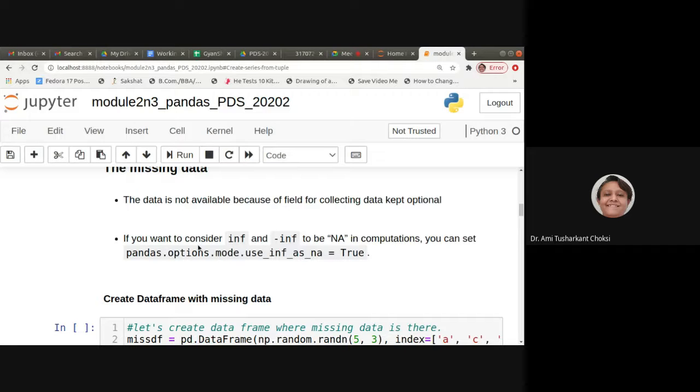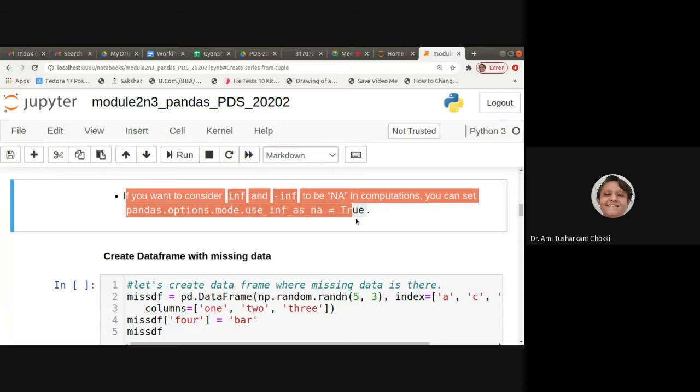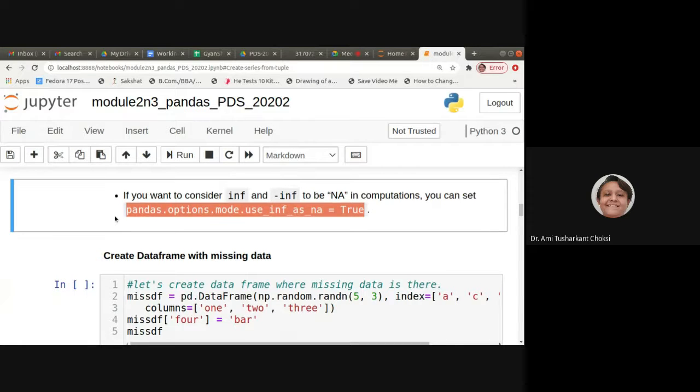And if you want to consider INF and negative INF, that is infinity, to be NA, in computations, you can set pandas.options.mode.use_inf_as_na equal to True. Sometimes you have the value that is infinity or negative infinity, and that also you want to treat as not available value, then you have to set this option as True, right?